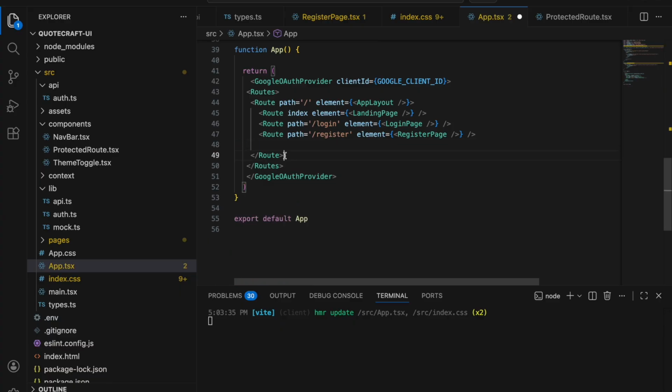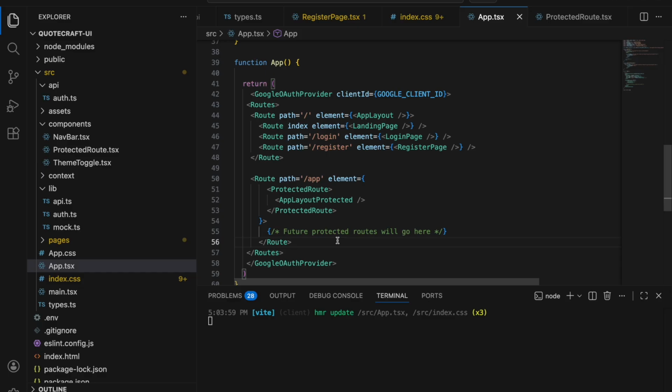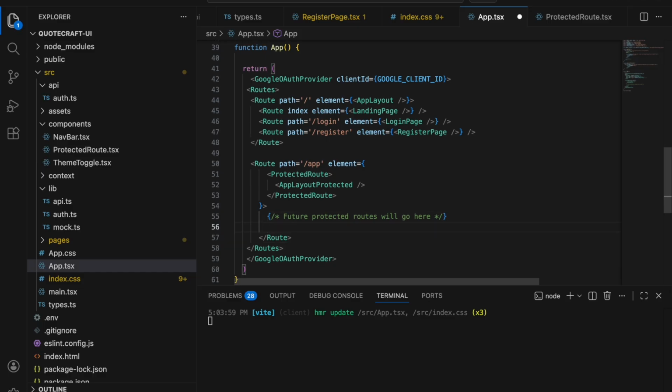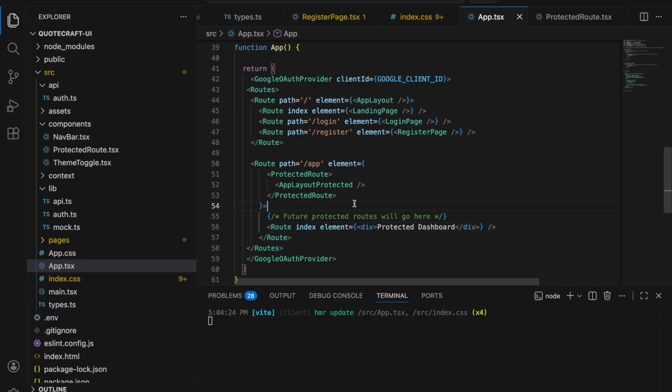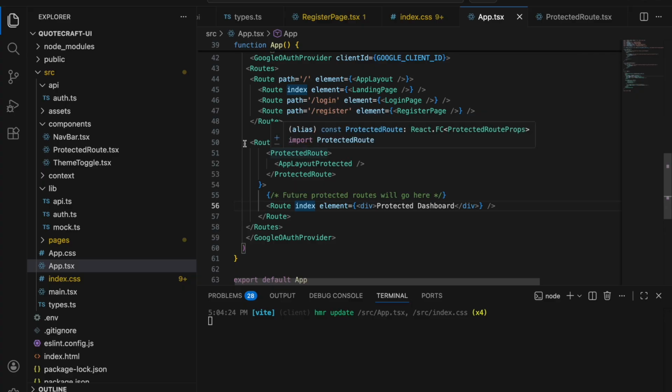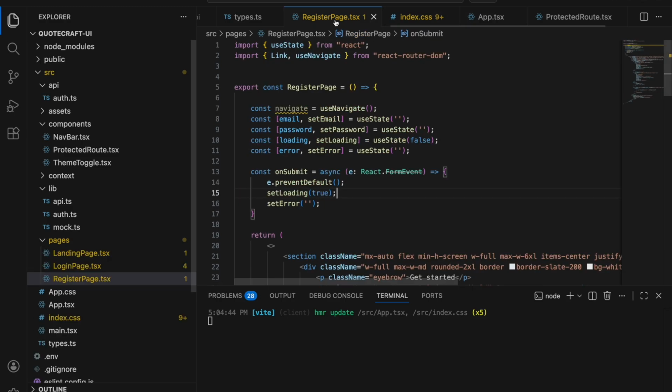Let's try to use this here, and over here let's put route index protected dashboard. Okay, so this is basically our route for the slash app URLs with the protected routes. Okay, now after this